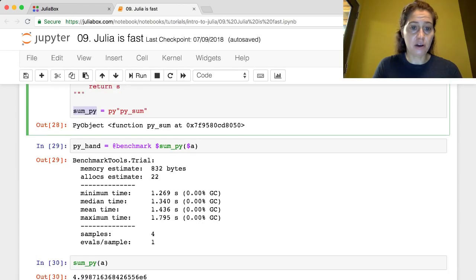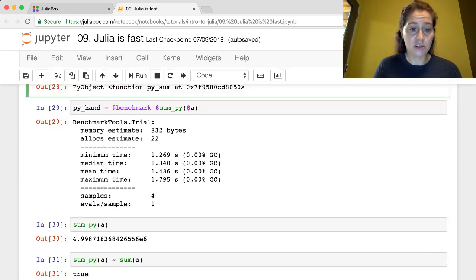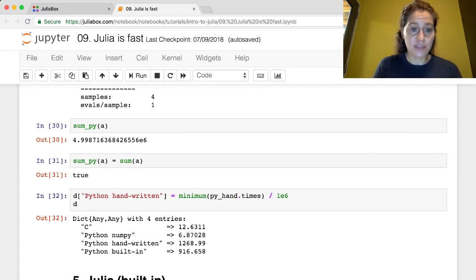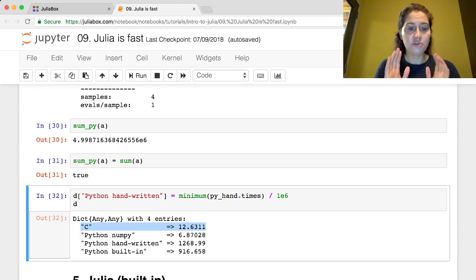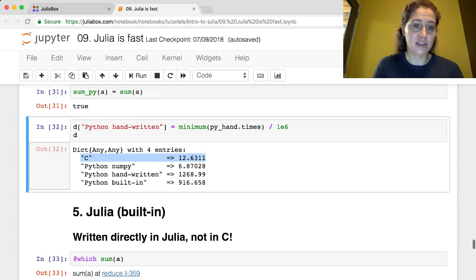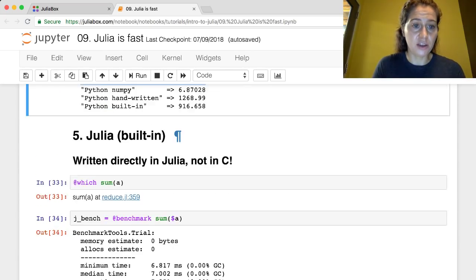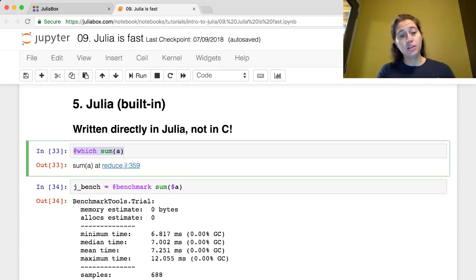So now we really are 2 full orders of magnitude greater than C when we're comparing the handwritten Python to the handwritten C code. So now that we've seen this, we can start looking at different Julia implementations. And we'll start by looking at the built-in version of sum in Julia, which if you use this @which command, you can see where the code is actually written that declares